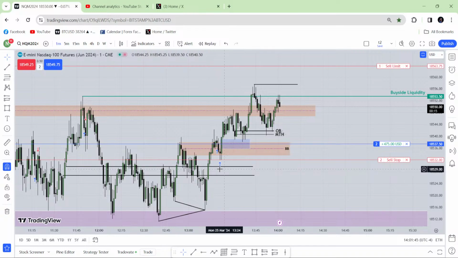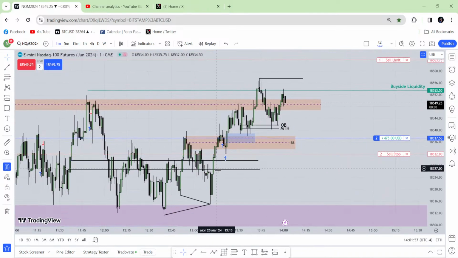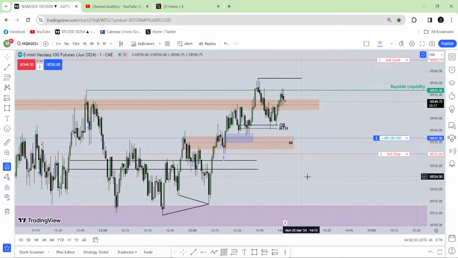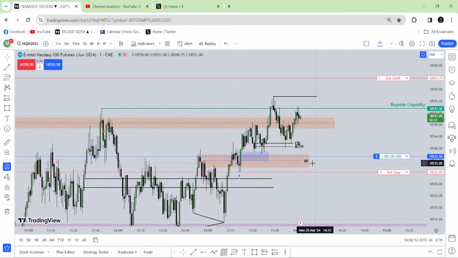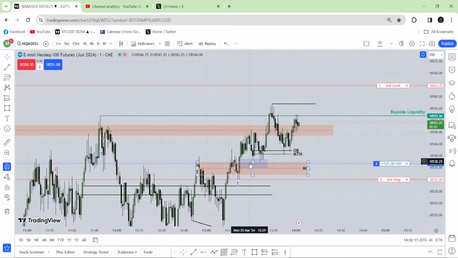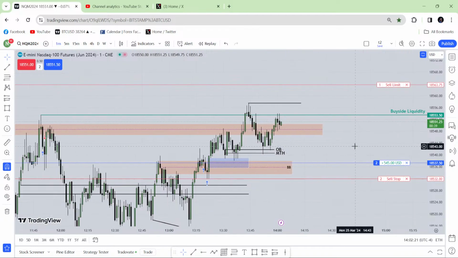So now here, look at this fair value gap. This is that kind of fair value gap, like this fair value gap. It should not be filled before taking that buy side liquidity. But if it is filled by candle close 100%, then again I will look for another breaker block. Here this breaker block has done its job. It has taken that high. So it has already done its job. I'm going to believe this breaker block will still hold the price. At the same time, I have this parallel gap which is holding the price. Order block mean threshold is also holding the price. Every single thing is telling me market is going higher. That's why I'm going to take this small risk, 500 loss.